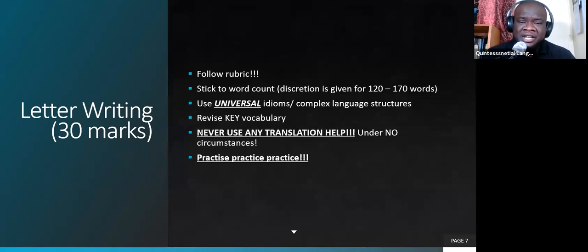There's a comment here: "Yes, sir, I used to use it in Form 3, but I completely stopped and use a hard copy Spanish dictionary, no online one." And that's exactly what you need to do, to be honest with you. Sometimes it takes realizing. I would always be tempted with the online. Let me use a physical dictionary.